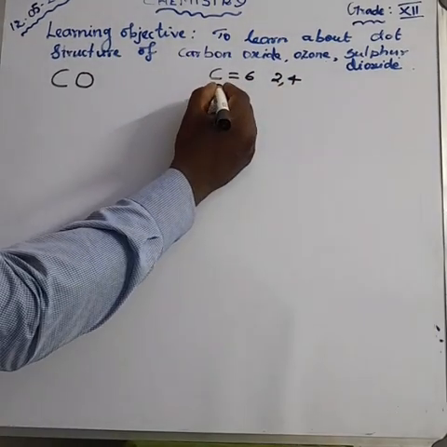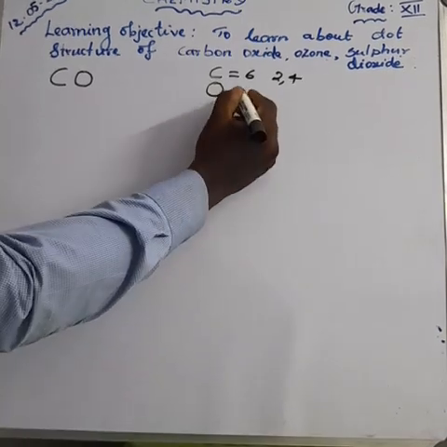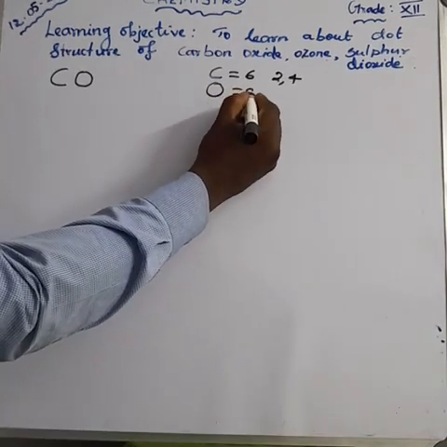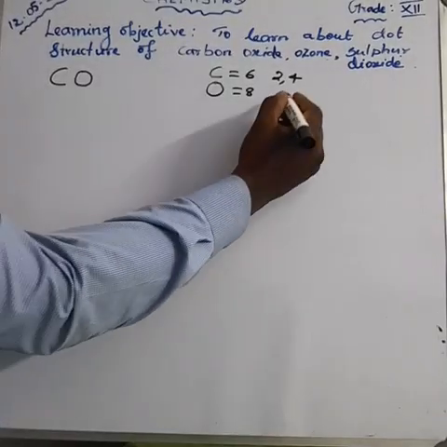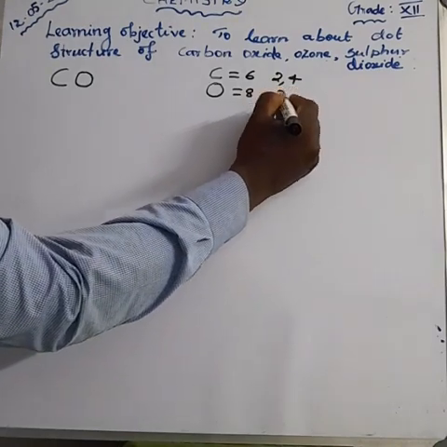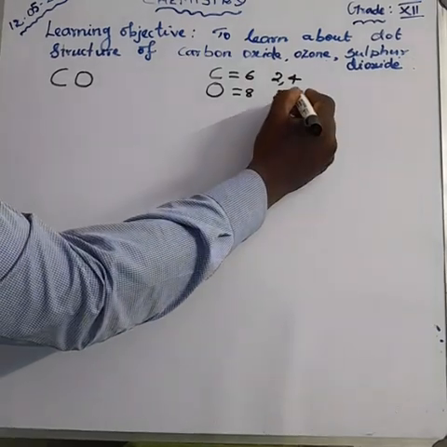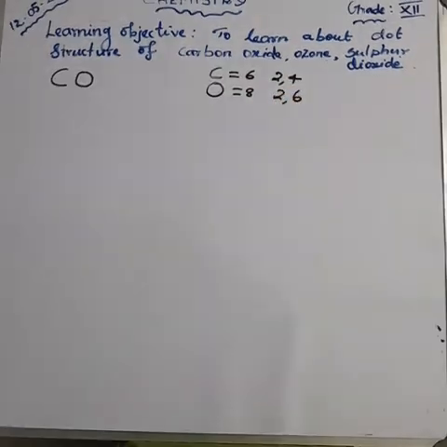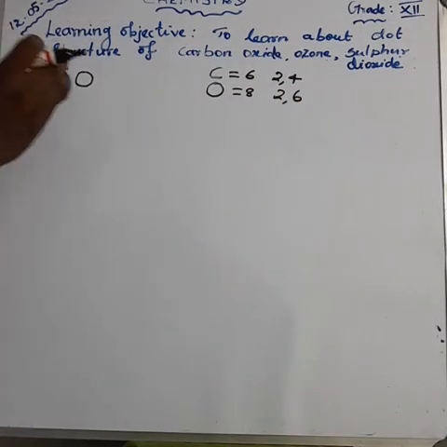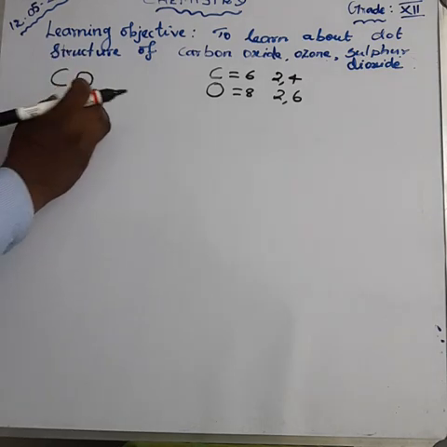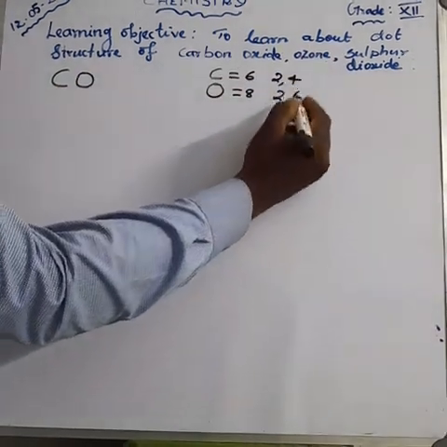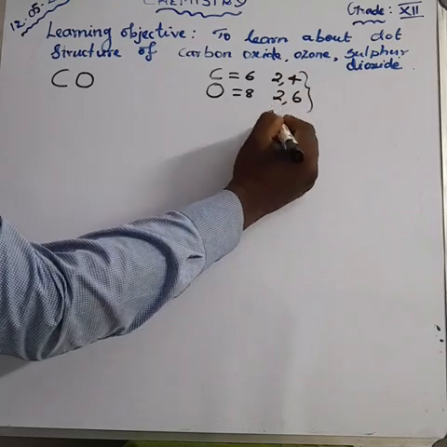Second, the oxygen. The atomic number of oxygen is equal to 8. The first shell we can accommodate 2 electrons. The second shell we can accommodate 6 electrons. Am I right? So for carbon monoxide, the total number of valence electrons is 4 plus 6 is